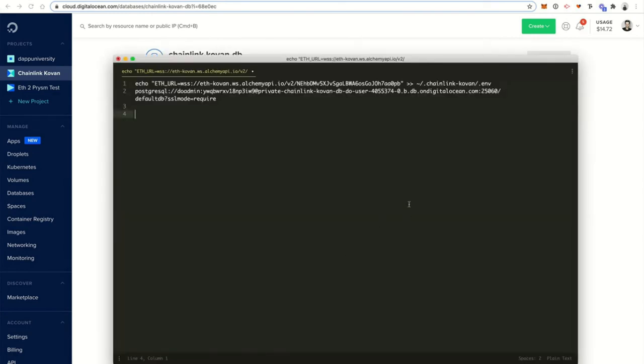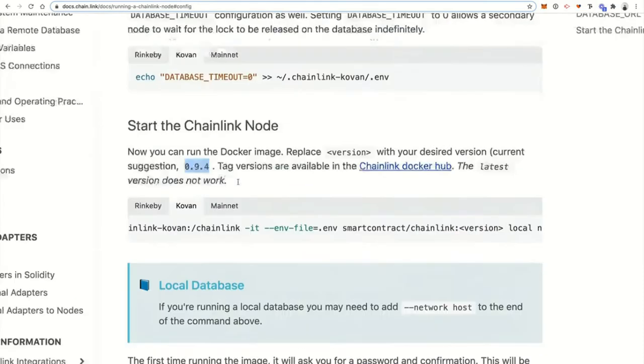Then go back to your scratch pad here. Paste your string. This is really bad practice for me to show you these credentials, but like I said, I'm not going to use this stuff for real. I'll probably delete it after the masterclass. So just don't try to use my database. It won't work anyway. So let's go back to the documentation here for Chainlink,